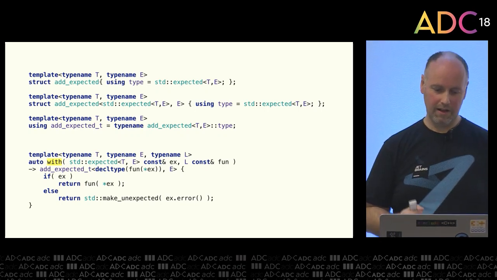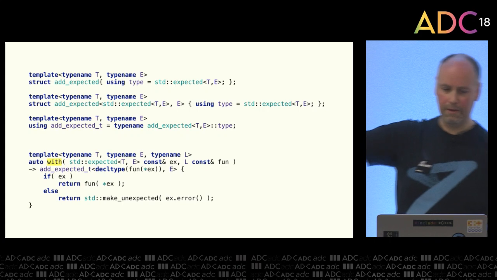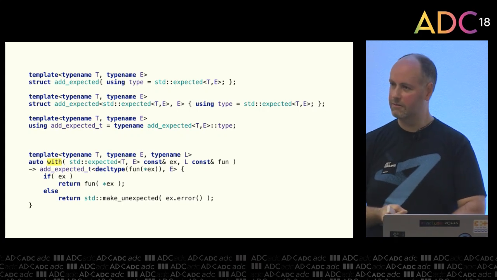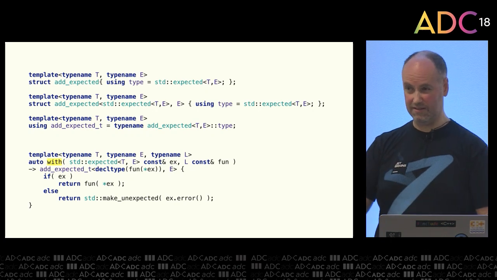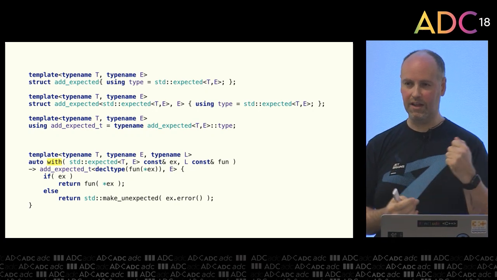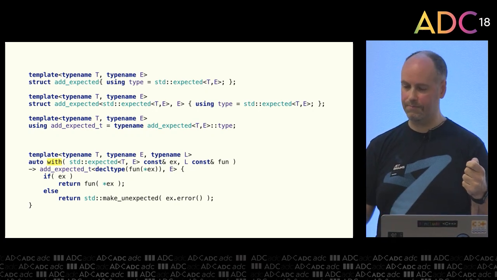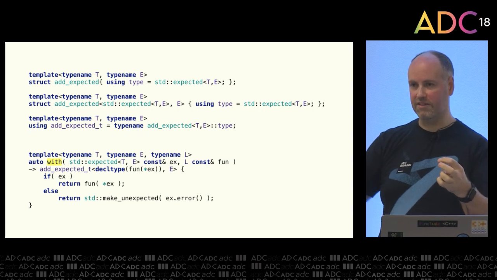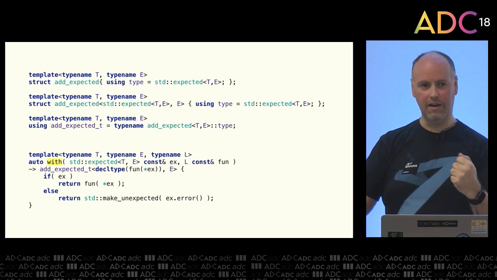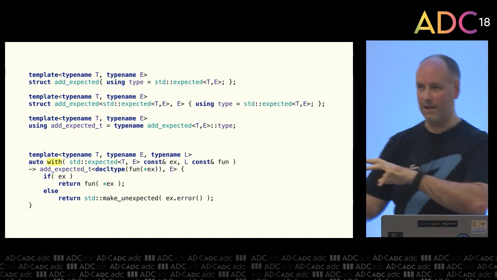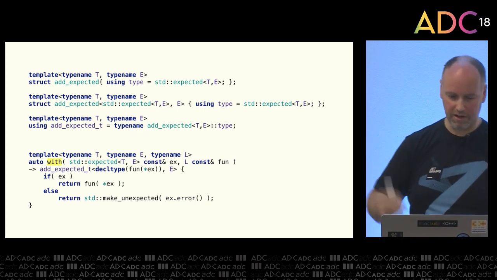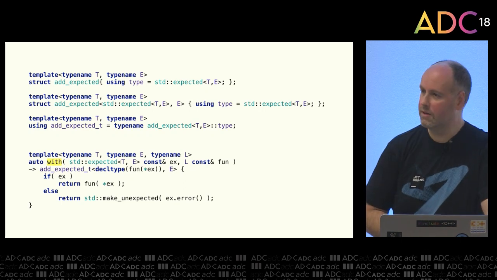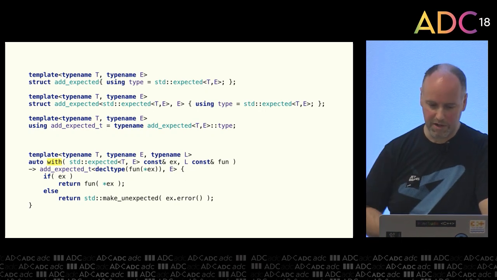And all the boilerplate at the top, it's not going to dig into it now, but it's just to allow us to use this in two ways. One is the case where you have something that returns something that's already a std::expected and just passes that on. And in the other case, a raw value, we want to wrap it in a std::expected. Usually you do this with two functions. I've just rolled it into one, and it's involved a bit of template boilerplate at the top. Don't worry too much about that.